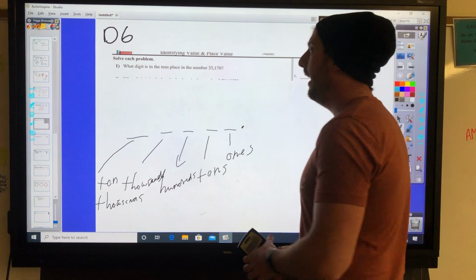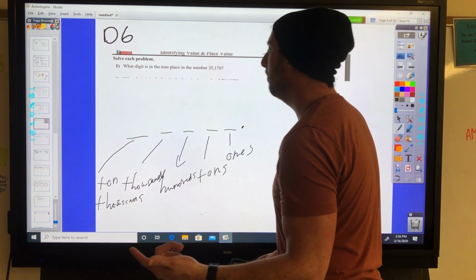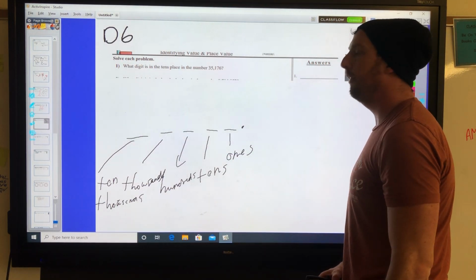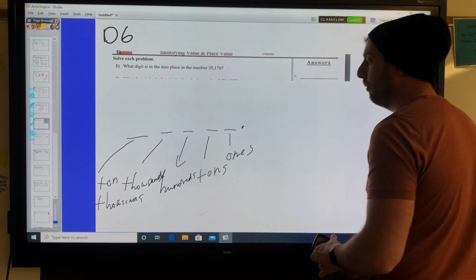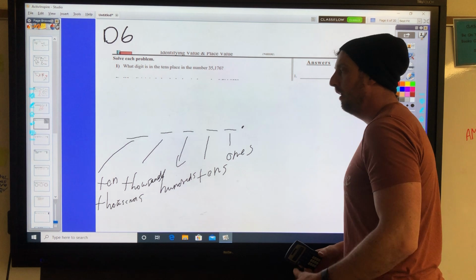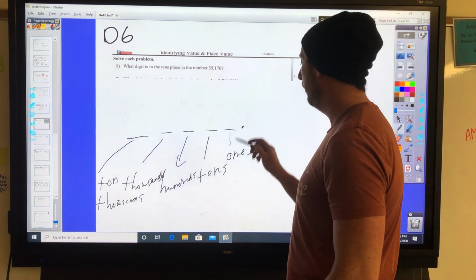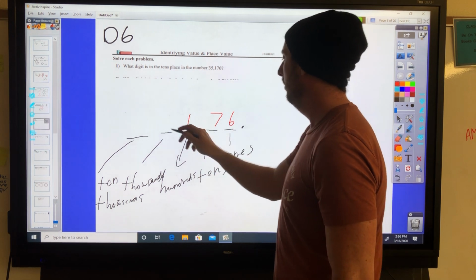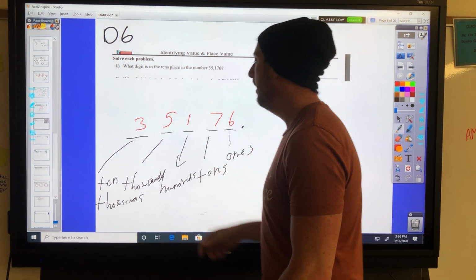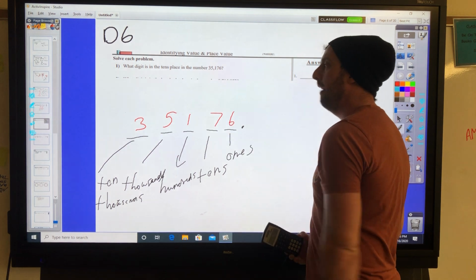So, when it asks me what digit is in the tens place in the number 35,176, well, since I just wrote out all my place value spots, I can just fill it in, can't I? I can start with a 6. I got 7, 1, 5, 3. That makes the same number as I have in my problem,